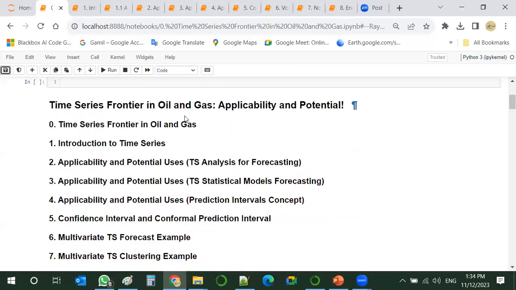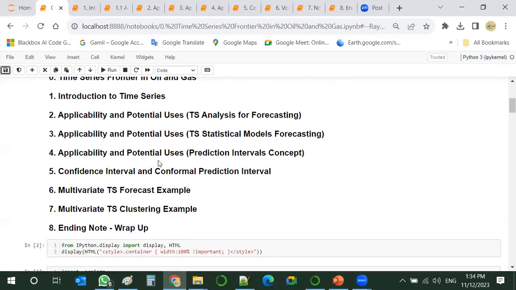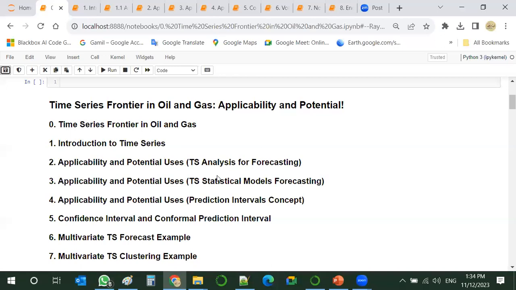Okay. This is the agenda of the webinar, as we can see here. Each notebook stands for one of the topics of this agenda. We will go through time series frontier, applicability and potential for the oil and gas industry.